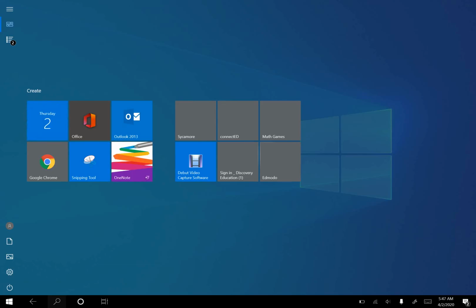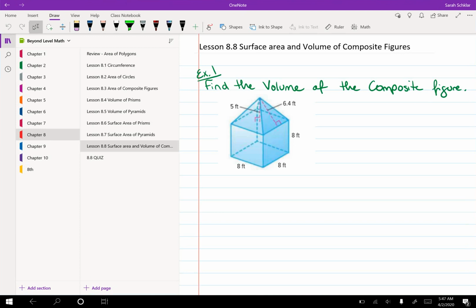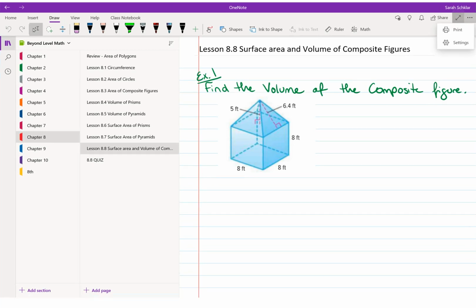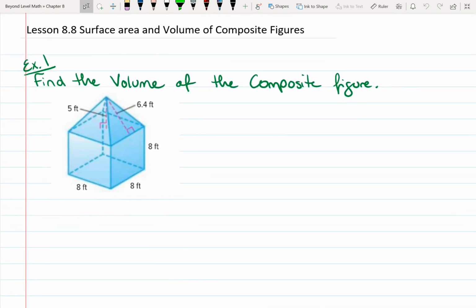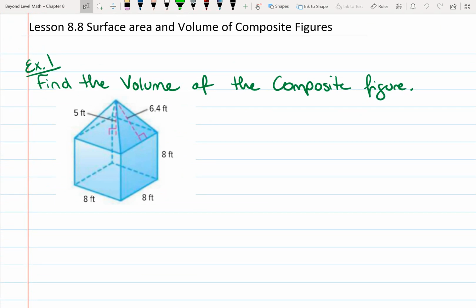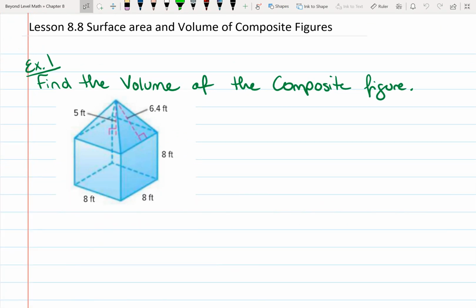Good morning. We are on the last lesson of Chapter 8, and it's 8.8, surface area and volume of composite figures. So today's lesson is really nothing new. It's all of the formulas that we worked with so far for surface area and volume, but you do have to be very aware of your figures, very aware of kind of the spatial